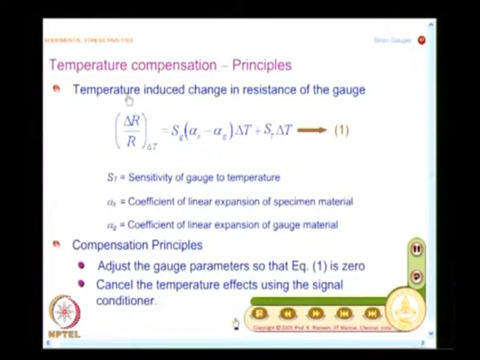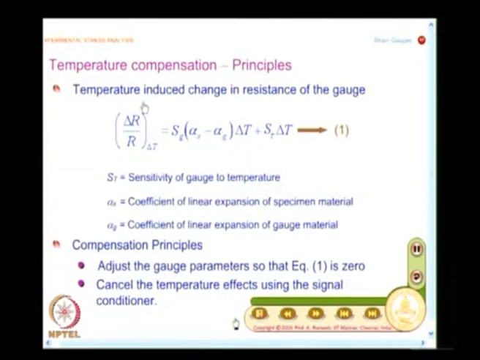And we have been looking at various lectures, how do you handle the thermal influence, because one of the most disturbing aspects in strain gauge instrumentation is how do you take care of the temperature changes. We will have a formal look at it in this class. We have to compensate for any effect due to temperature, so what is temperature compensation, what kind of methodologies can I employ to compensate for change in temperature.